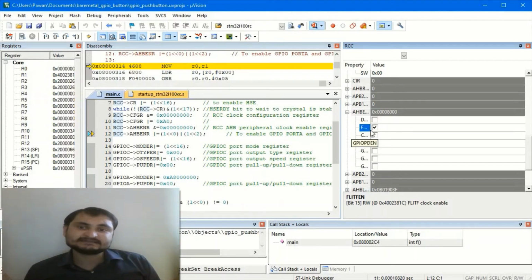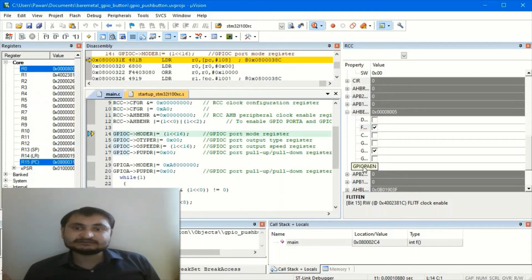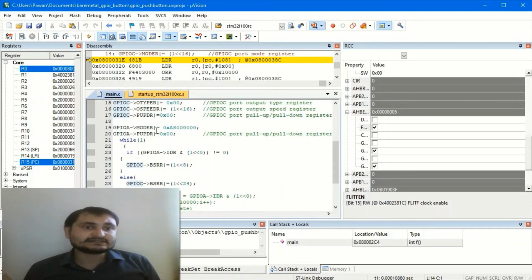This is basically the FLITF EN, one bit there. So okay, we will just execute this, and let's see. You can see A is enabled and then C is also enabled. Now we will see how the other things are working.